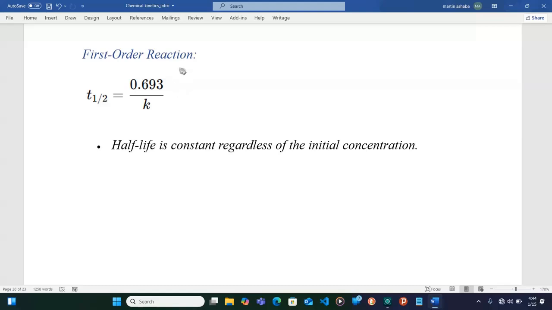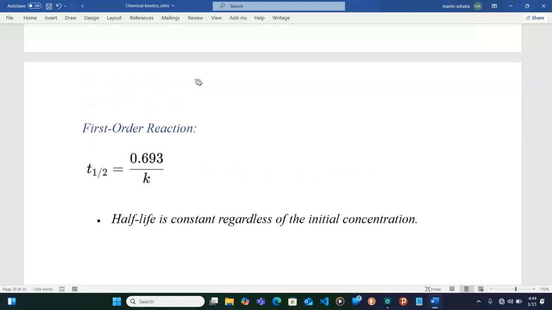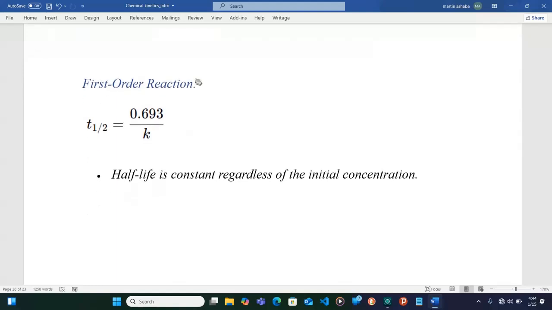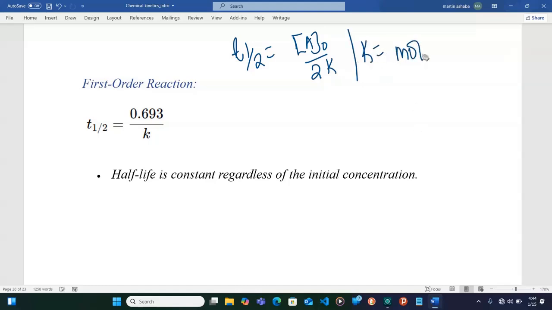And a recap on zero order. Zero order, we said t half is equal to the initial concentration over 2 divided by k. And k has units of moles per decimeter cubed per second. So let's go to